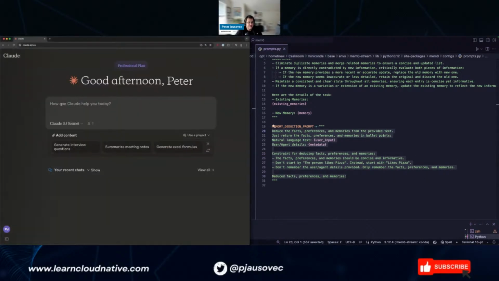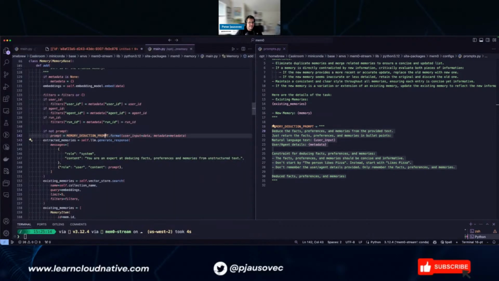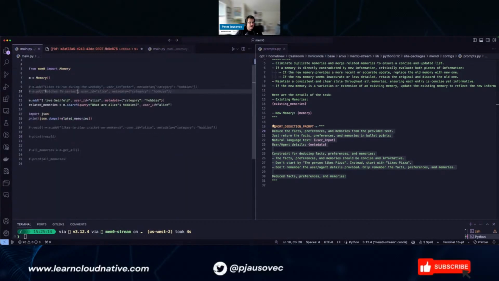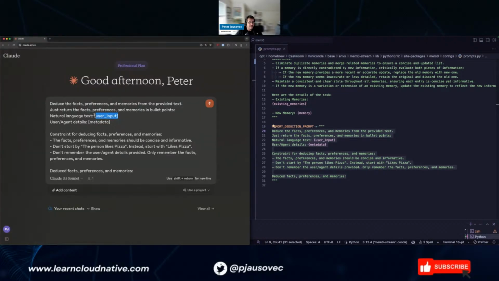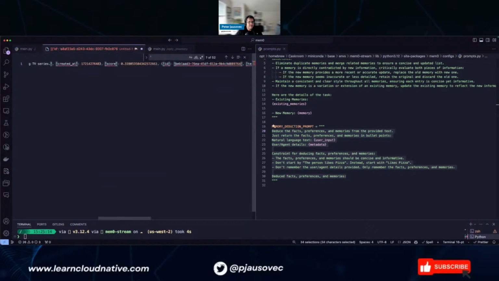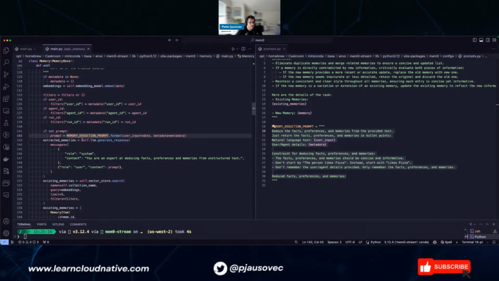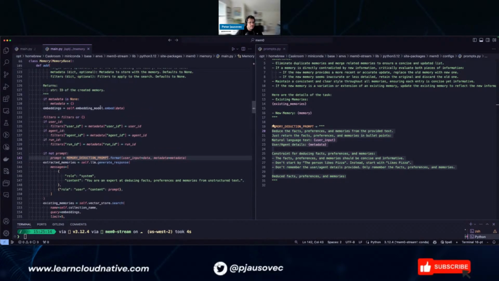So let's do this, and the user input was likes to run during the weekdays, and then the category will be hobbies, right? And let's see how it does. We can close this one, right? Okay. Oh wait, metadata. Oh, it's not none.